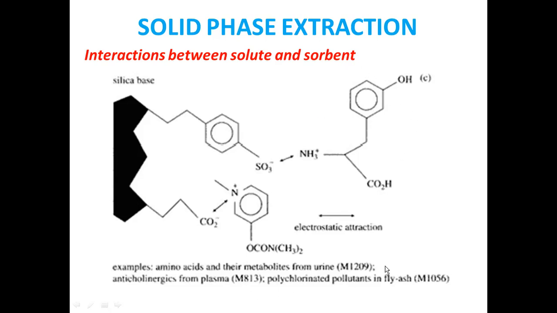So like this, these are the examples we can quote for the usage of these type of sorbents. The separation of amino acids and their metabolites from urine, and anticholinergics from plasma, polychlorinated pollutants in fly ash. So these are some examples. Don't worry about this, but